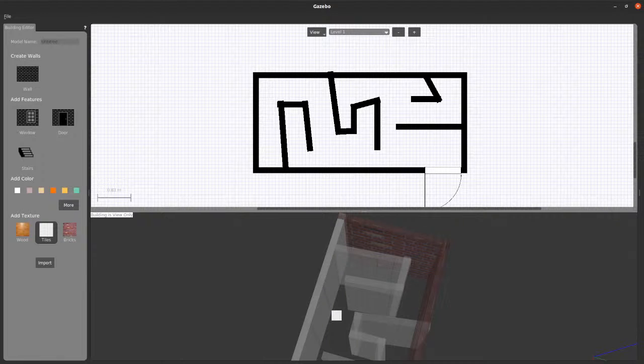Once this is saved, you have to go back to file and then click on option for exit building editor. So if you press the X mark on the right corner, Gazebo will shut down. You don't want that to happen. You want to exit the building editor so that you can launch it in the Gazebo environment itself. So as you can see, Gazebo